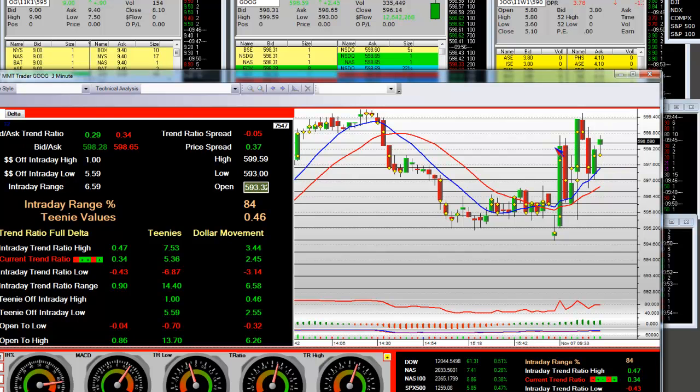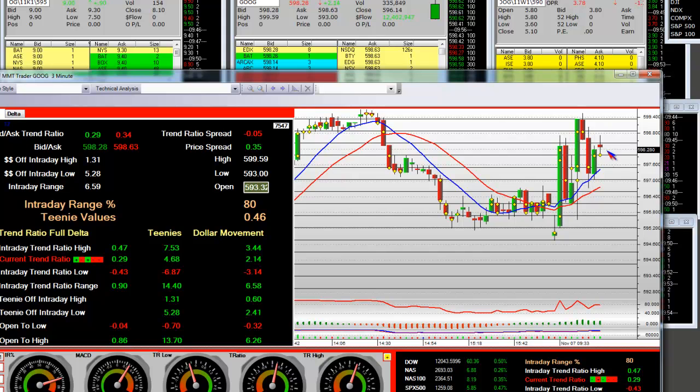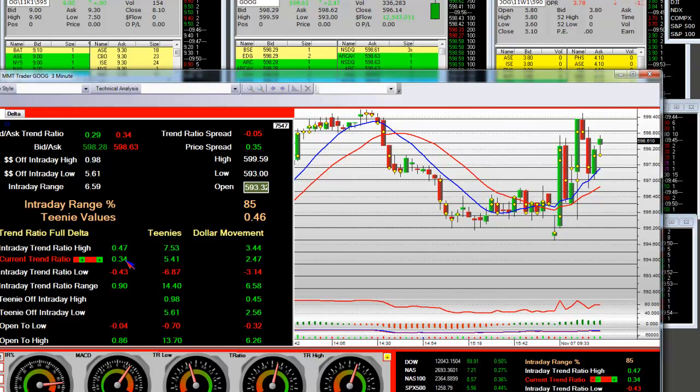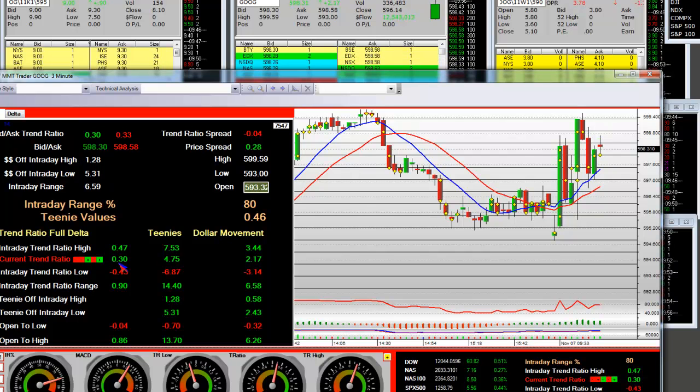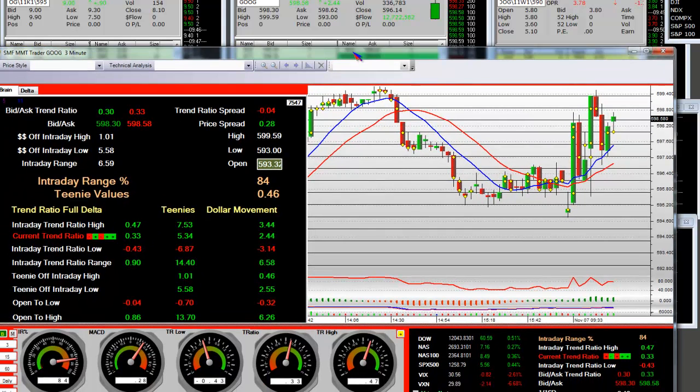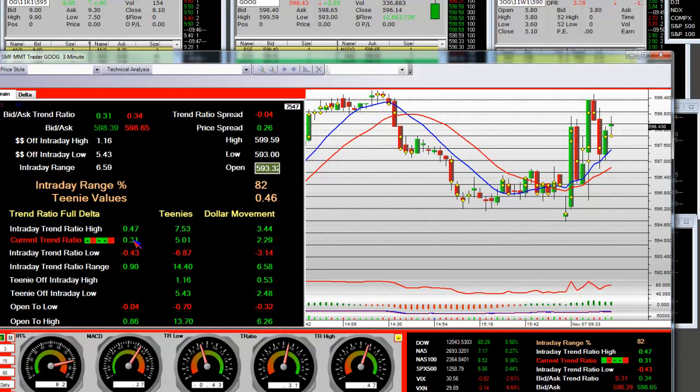What has to happen though is that this area we want to see where we can maintain for the rest of the day is a closing price above it and a consolidation and break higher, and that we see that the ratio of 0.34 doesn't go to 0.29 like it did right here. No, it has to go higher. It's got to go toward 0.47. So the higher elevation here and the higher elevation here, the more price support that we have,